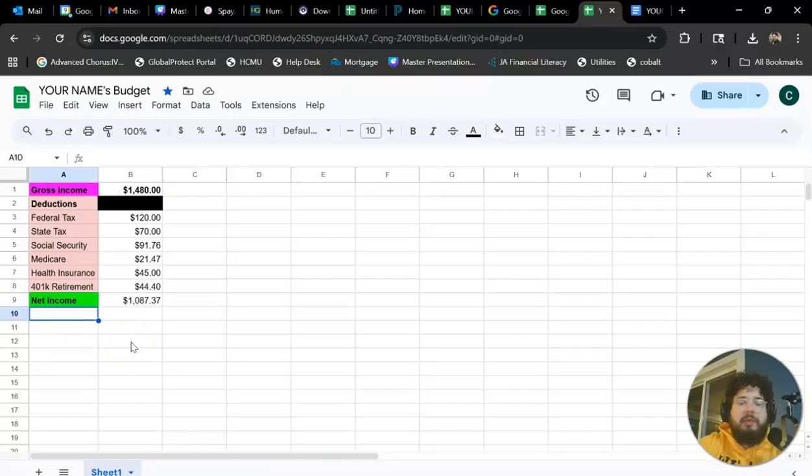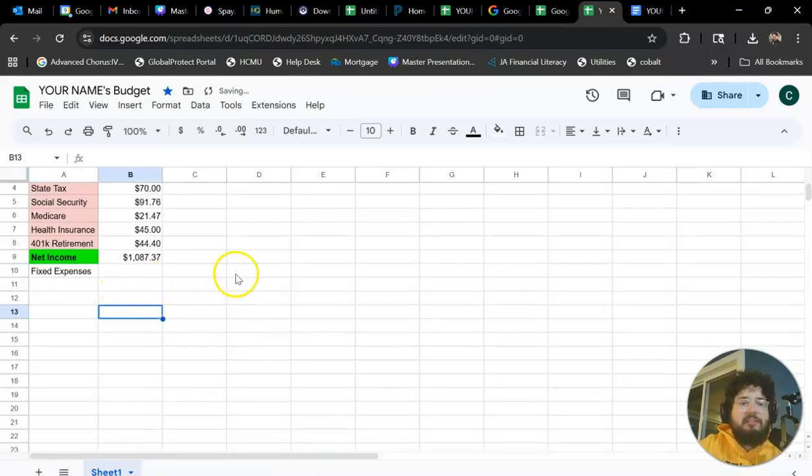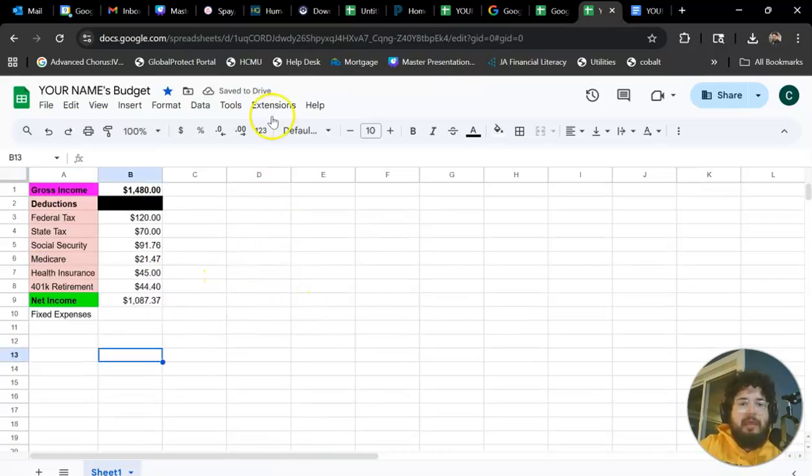We're going to have two categories. The first category is going to be called fixed expenses, okay? Fixed expenses, you'll remember this from our vocab, do not change from month to month. So think like rent, think like your Hulu subscription, think if you've got a recurring car payment, right?